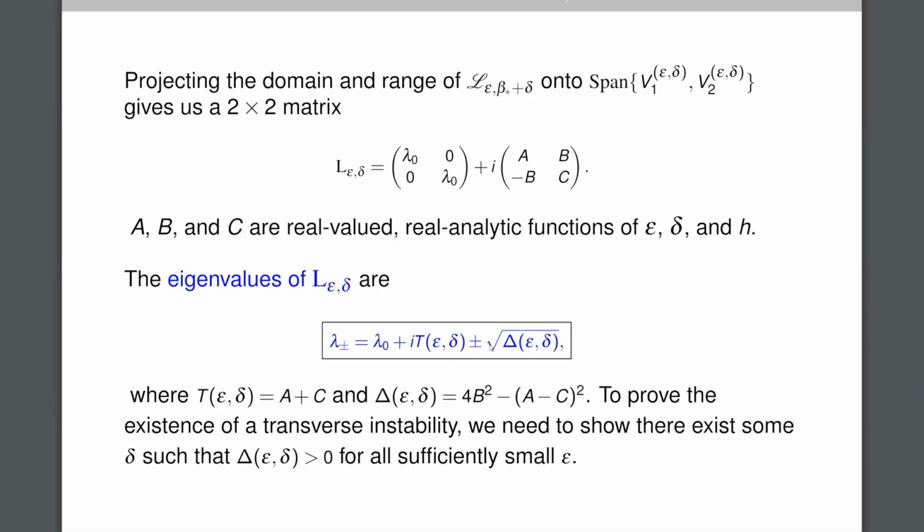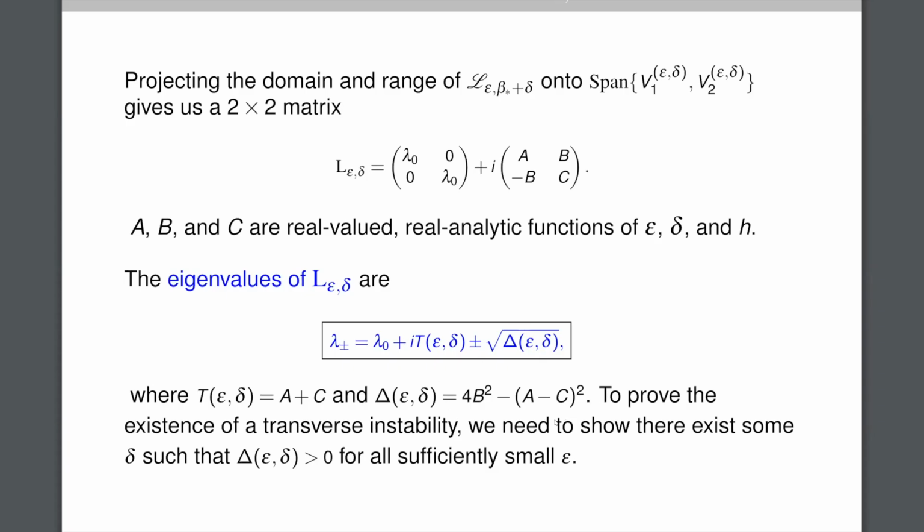Now what we want to do, now that we have these explicit representations for these eigenvalues, is pick little delta underneath this square root to make sure that capital delta underneath that square root is positive for all sufficiently small epsilon. So that's going to be our next goal. And in order to do this, we're going to need expansions for capital delta as a function of epsilon and delta. And in order to get expansions for capital delta, we're going to need expansions for capital A, capital